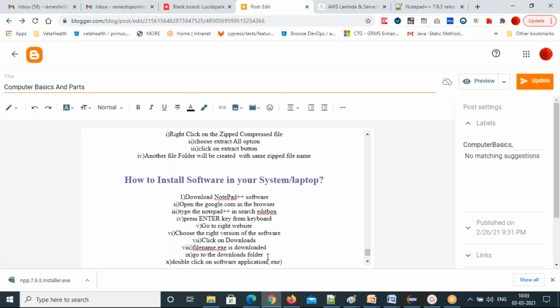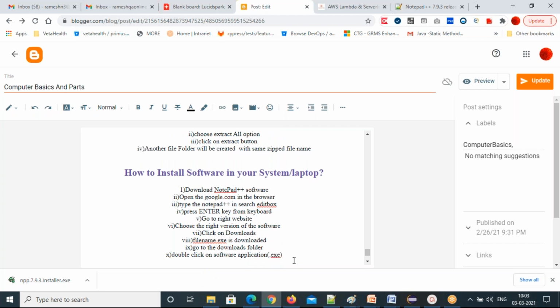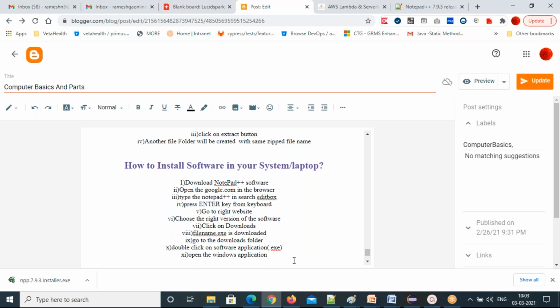Double click on the software application, so it will open for you. Now finish the installation. Open the Windows application and proceed with the installation. That's how to install software.